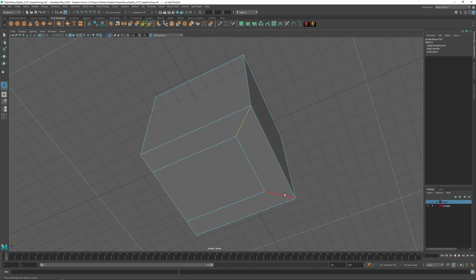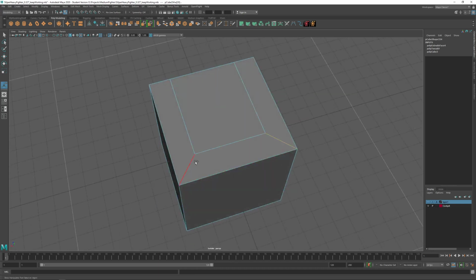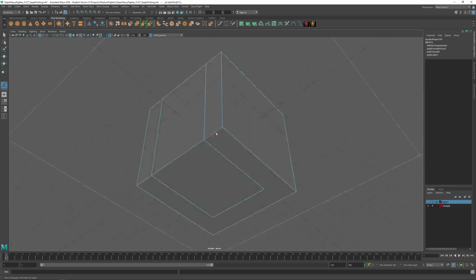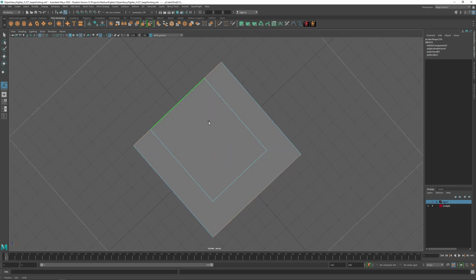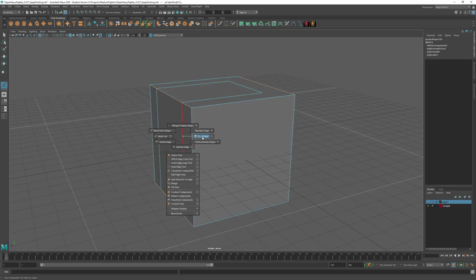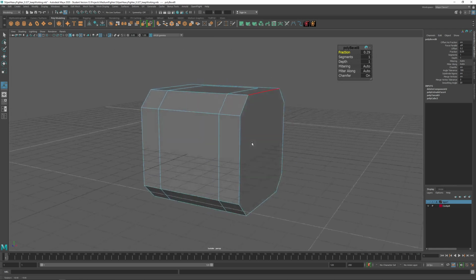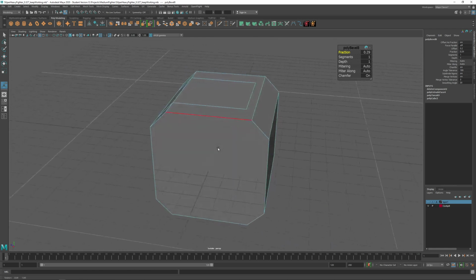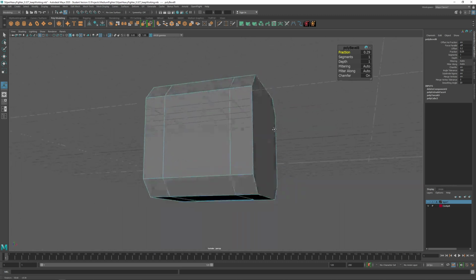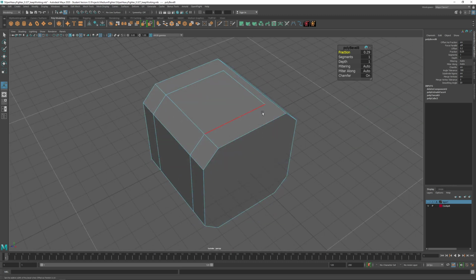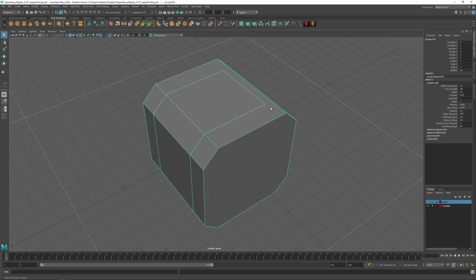And it's because of these. So I select them, I delete them, and I'm gonna fix them later. Okay, shift right click bevel. Okay, looks okay. And then I use the shift, go to object mode, and then shift right click, I use